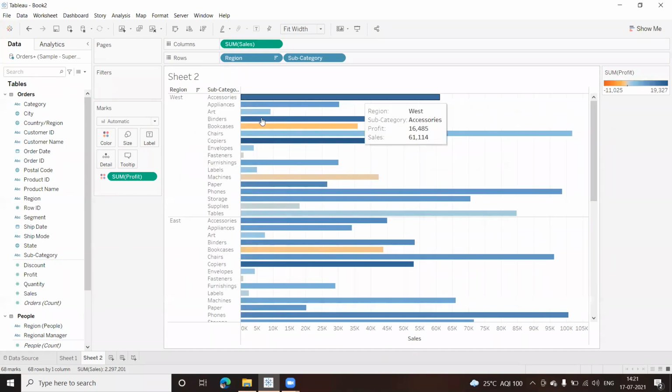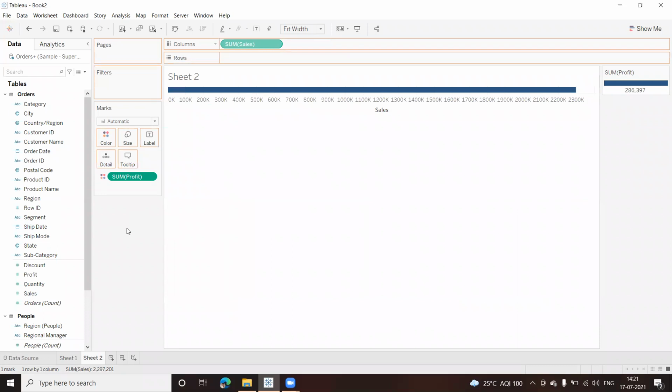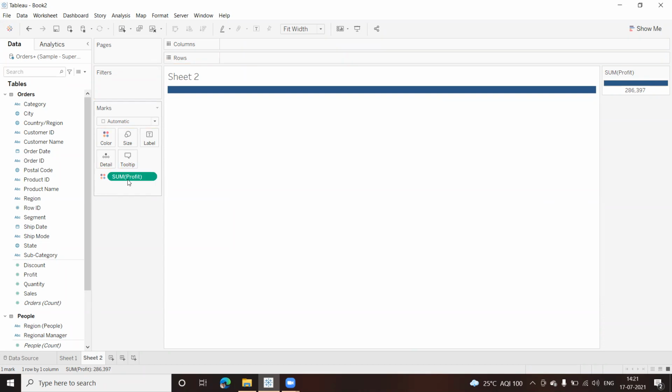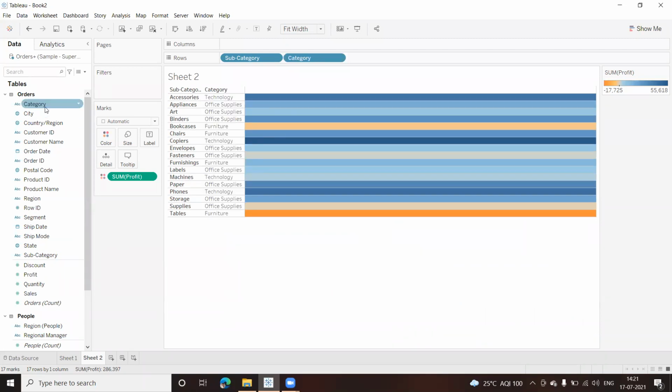Let us remove everything and see whether it gives me an automatic way of doing it. Now let us keep this and put subcategory first. This is my subcategory, and then I'll put the category.